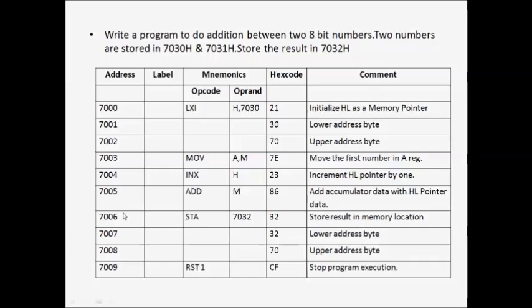It requires 3 addresses: 7006, 7007 and 7008. The STA standard opcode is 32. Here 32 is the lower address byte and 70 is the upper address byte, and last, RST 1, whose standard opcode is CF, is for stopping program execution.